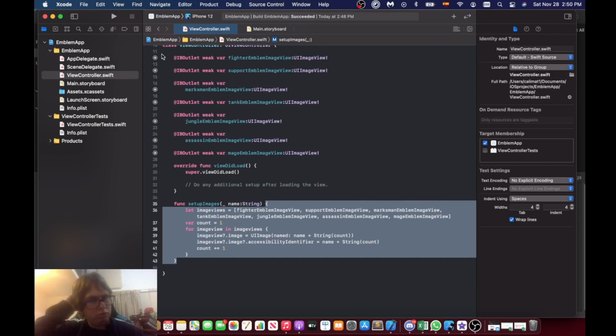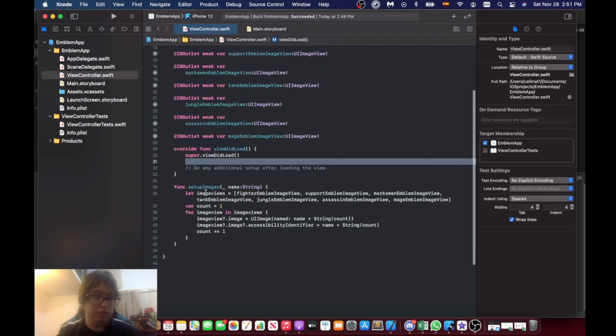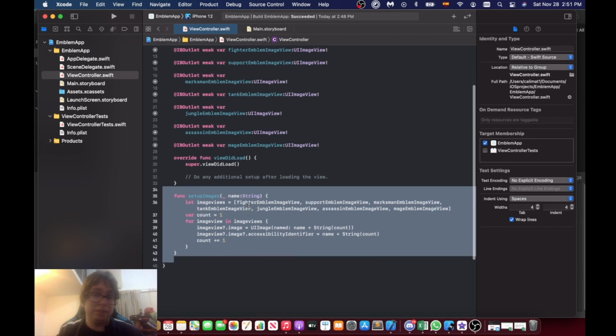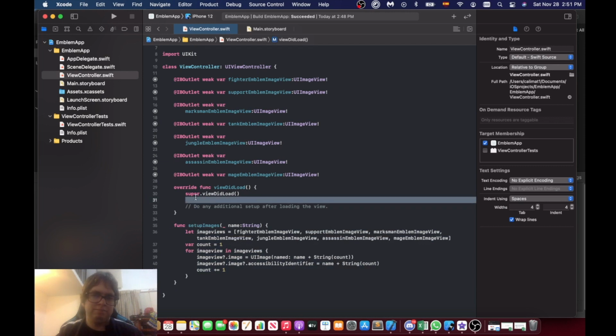Hey guys, so last time we finished this setup images and we finished up all the things, and something is really strange right now. I'm not calling this setup images function here, and if I'm not calling it, this will never have the images there. And there's something I don't like about this because the view controller is doing too much. It's setting up its own images, and I think somebody else should set up the images instead of the view controller. You can test it and see that the setup images should be called here. So what I'm going to do first of all is refactor this code and set these